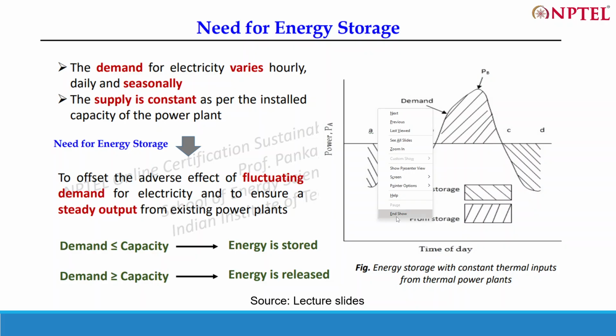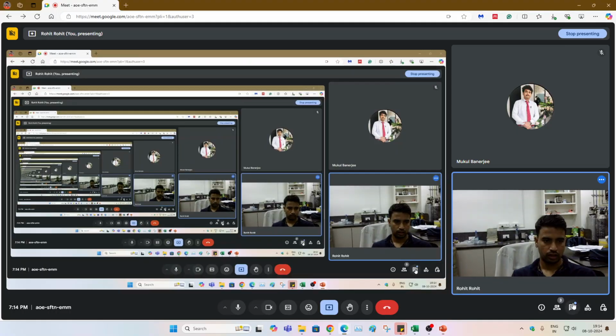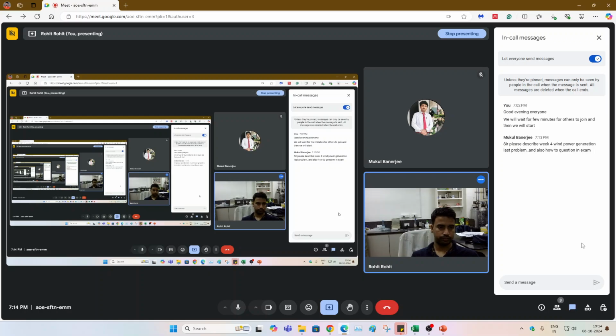So if there are any questions regarding this... Sir, please describe the last problem for wind power generation, and how to answer such a question in the exam. So Mukul, actually, this is for the interaction for the energy storage system. So